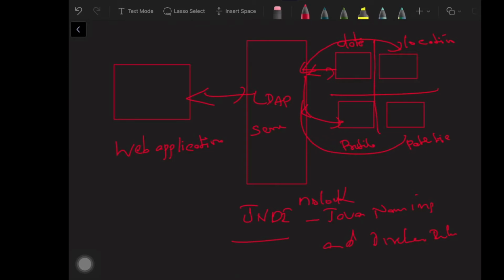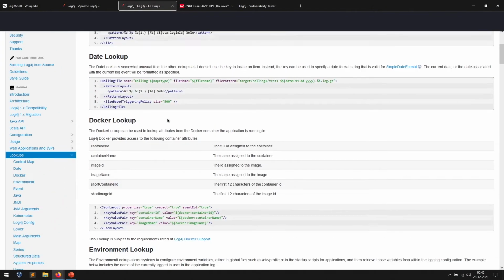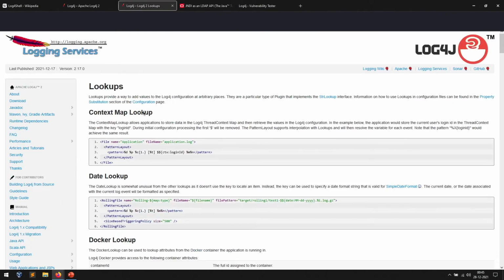Whenever this information is there, it connects to Java and gets the information. So you can see that Java has various lookups, which provide the attribute places, exactly where it is located and where to get the details.